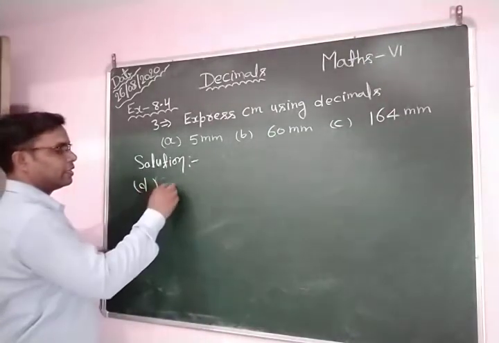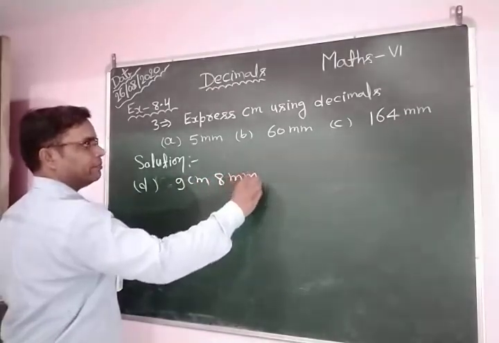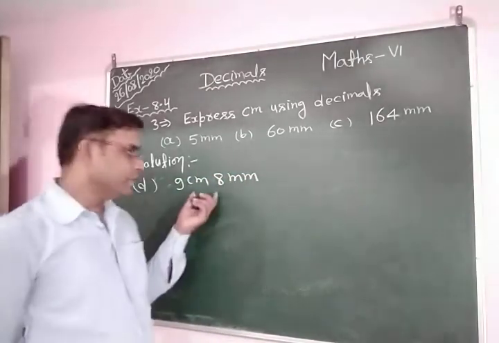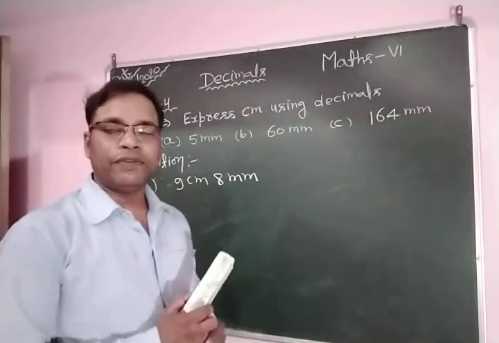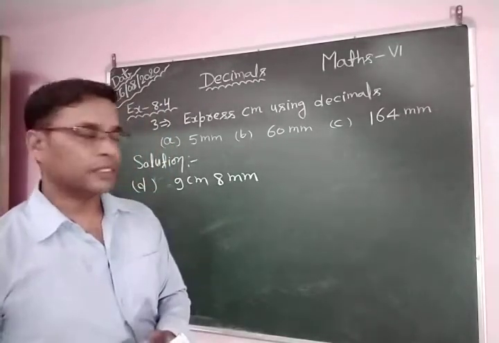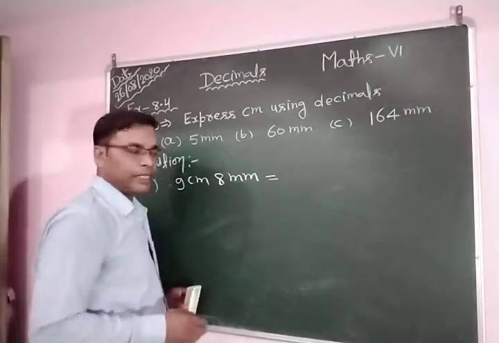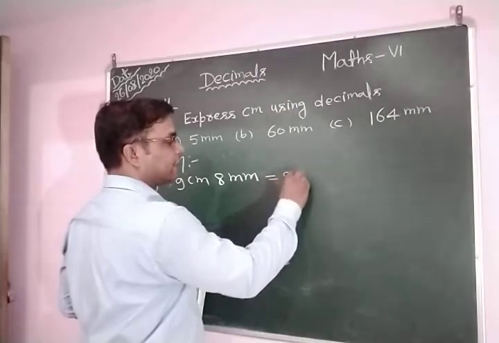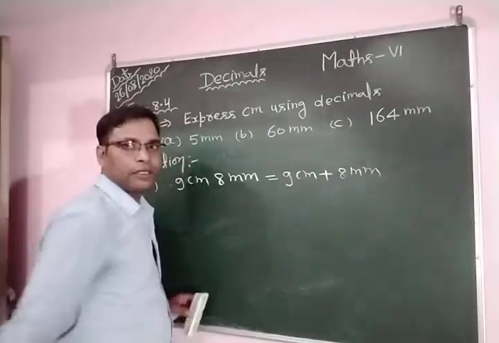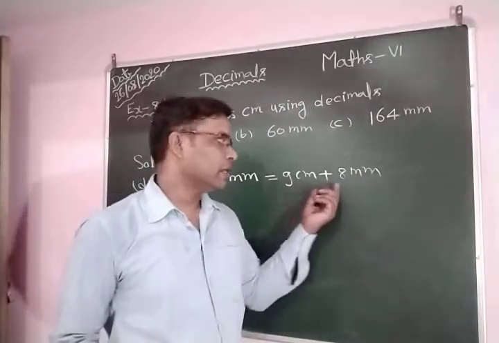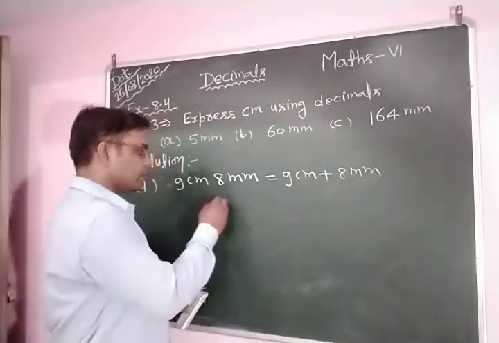D part is given 9 centimeter 8 millimeters. Okay, so here we convert this 9 centimeter 8 millimeter into centimeters with the help of decimals. You can write 9 centimeter 8 millimeter as 9 centimeter plus 8 millimeter. We write the centimeter as it is, but we convert the 8 millimeter into centimeter, and you know very well